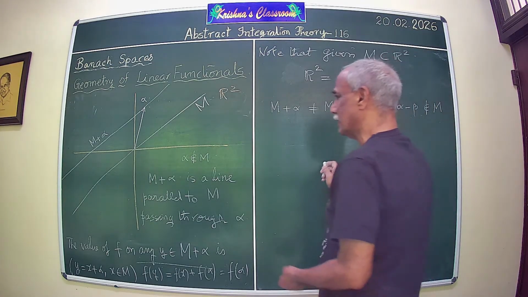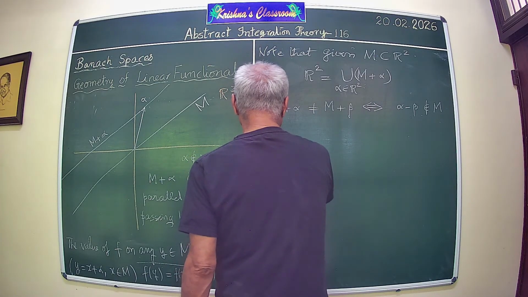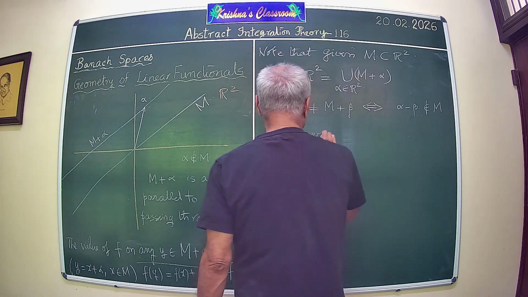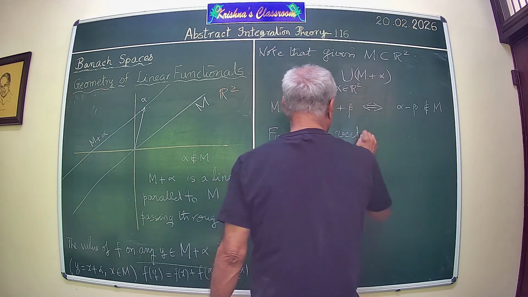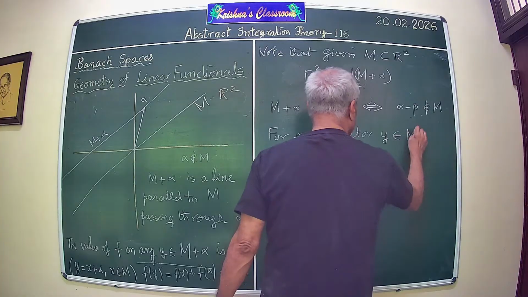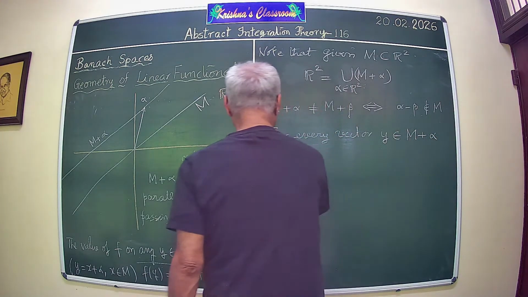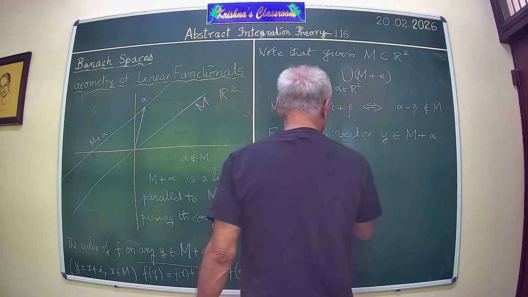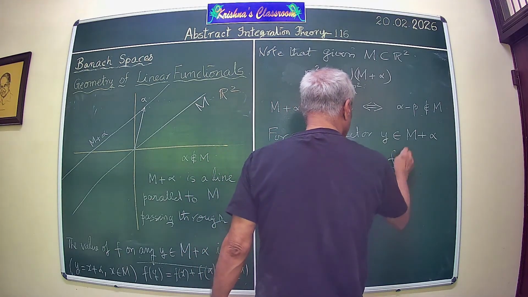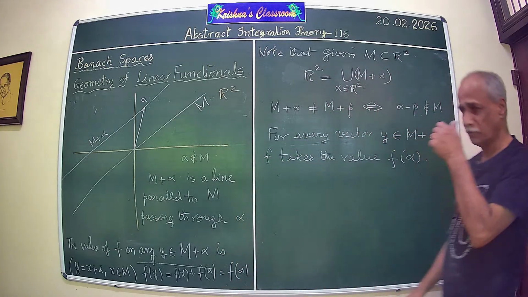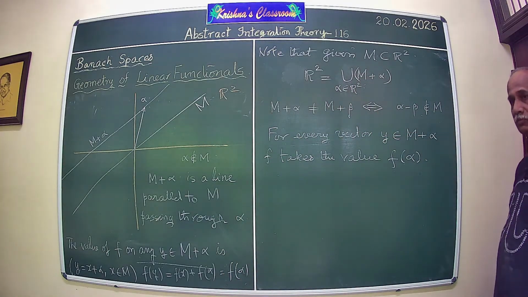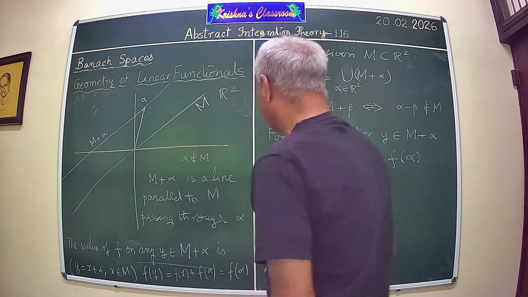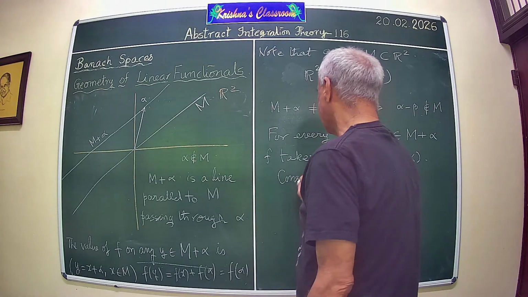So you see that essentially for every vector y belonging to M plus alpha, f takes the value of a constant. Okay. Now